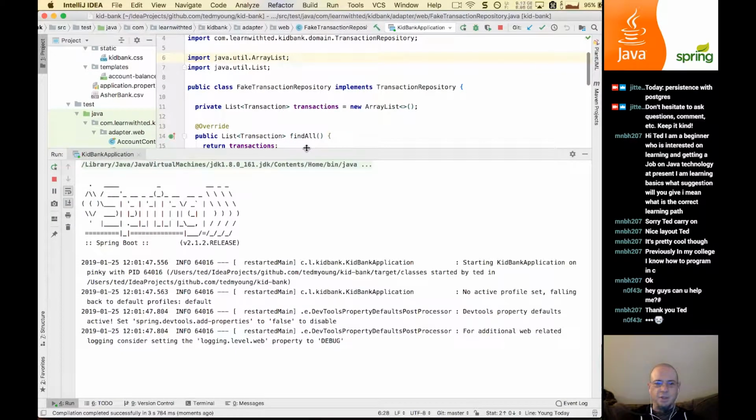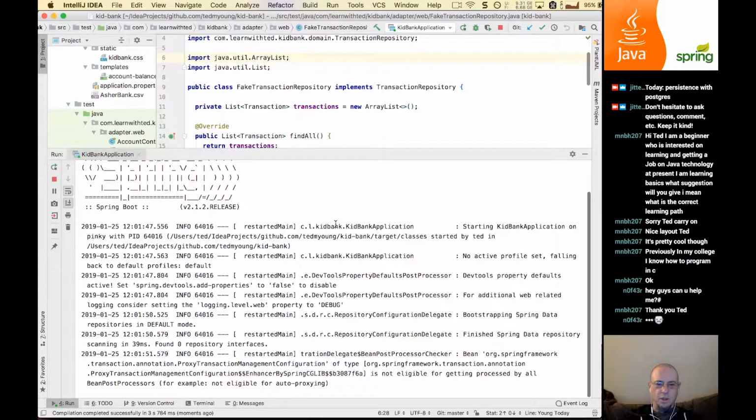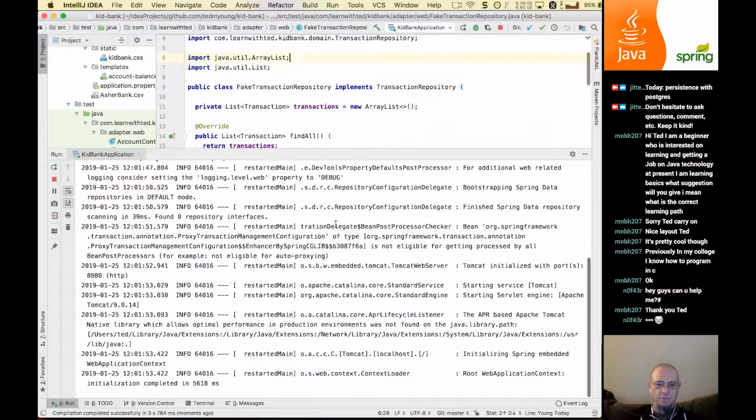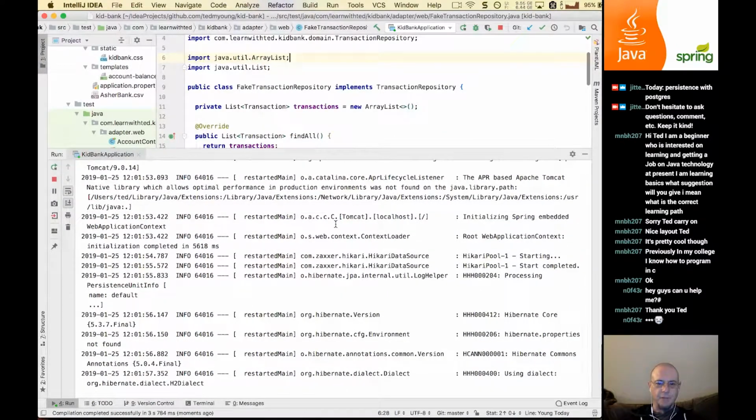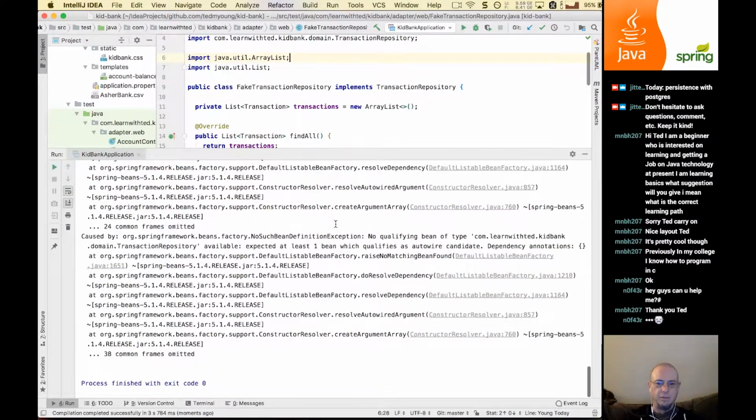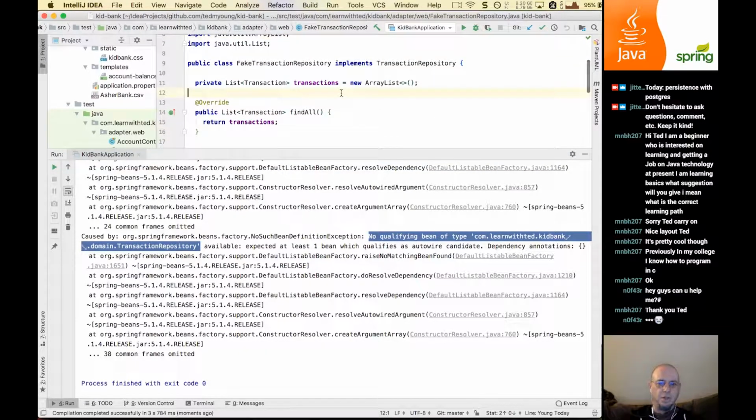So Spring's going to try and start up. It's going to then go and say, oh, look, I need to create a count. After it does all its Hibernate stuff, it says, hey, no qualifying bean of transaction repository available. Right, because what's happening is